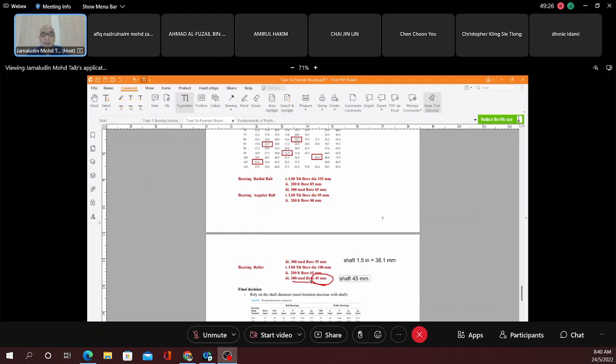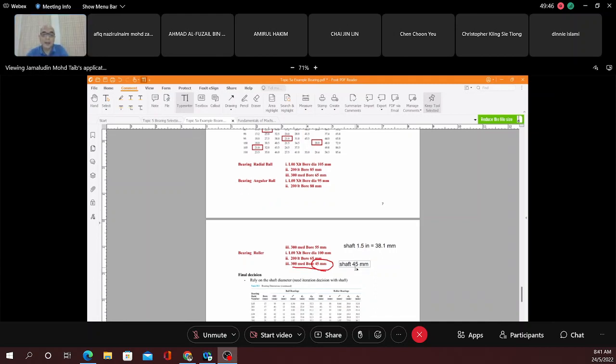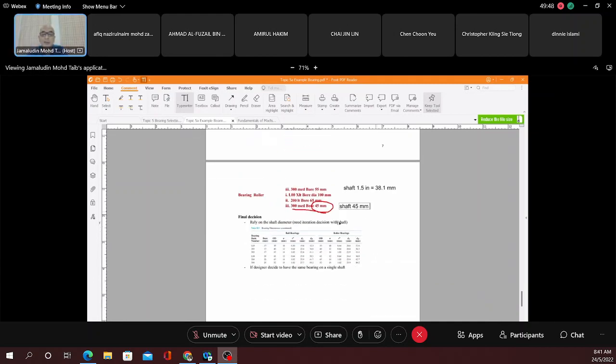In this case, in order for both to be fine, you will choose 300 series, bore 45 millimeter, and you have to increase the shaft by 45 millimeter because the minimum diameter of the shaft is 38.1. That means go increase by 45. That will be a lot safer. All right. Based on that, then rely on the shaft dimension. That will be the